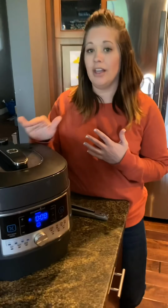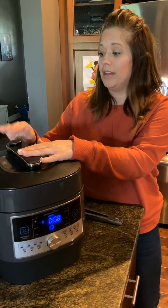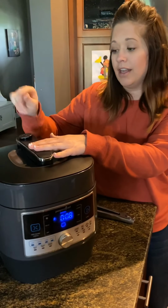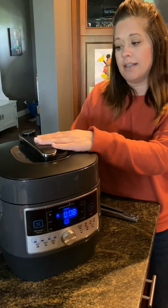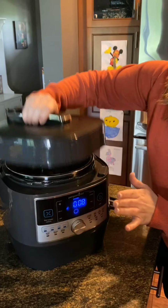All right, I wanted to come back and show you what everything looks like when it's all said and done. The potatoes should be fork tender, and the chicken should shred pretty well on its own. So I went ahead and released the steam. What I love about the quick cooker is that the steam release button is here, but then the steam comes from here, so your hands are not getting burnt in the process. So I've gone ahead and done that. So when I open up here,